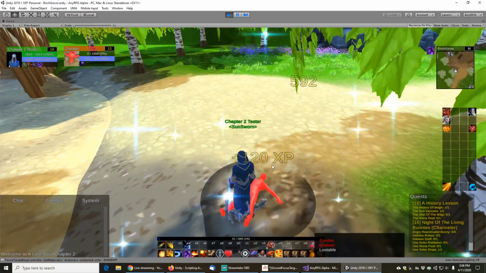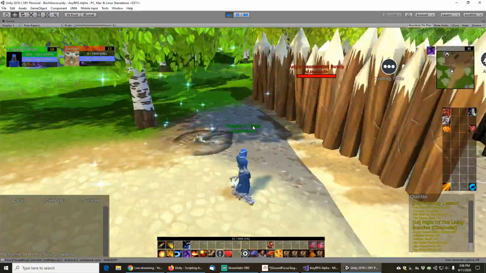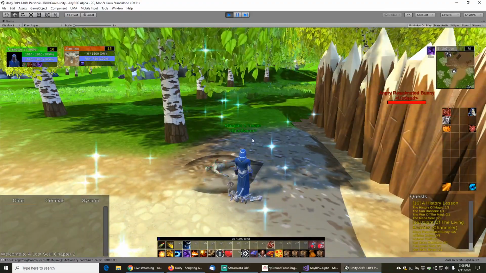And that's better. Now we have a nice gray circle underneath the zombie when he's dead. Perfect. Okay, so next up, we're going to go do boss stuff, because that's why we started this whole thing